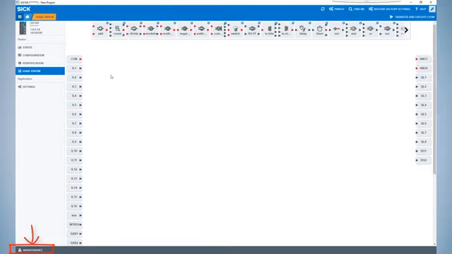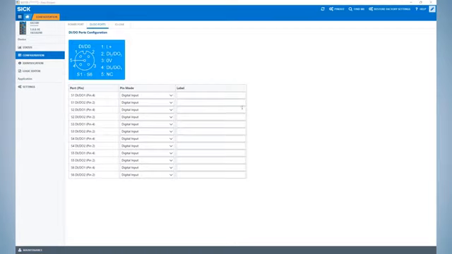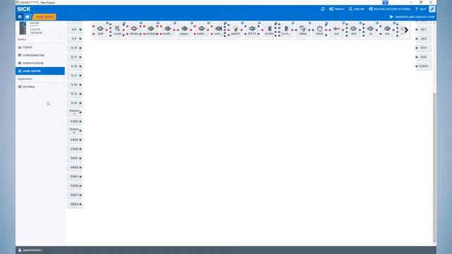Note that the screen is gray until the user logs in as maintenance and clicks the Edit button. Use the configuration page to change inputs and outputs and add labels. These changes will then be reflected in the inputs and outputs available for connection in the logic editor. The same happens if the IO-Link process data is changed on the configuration page. Selecting the process data as analog or digital will change the available connections on the logic editor.